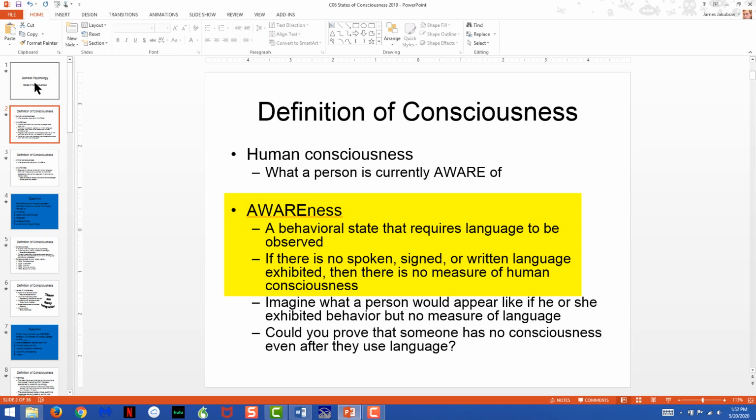There are some odd things about human consciousness that oftentimes have been toyed with by philosophers. Try to imagine what a person would look like if they exhibited behavior but they had no measure of language. Right? So take a human being and then in a thought experiment magically make their language center disappear. What would you have? Well, basically you would have a hairless primate for the most part,